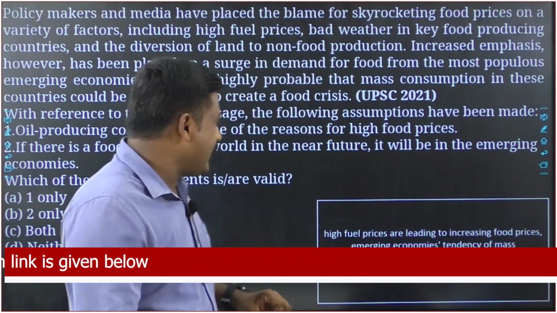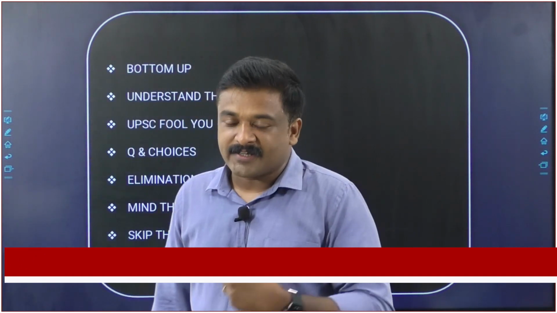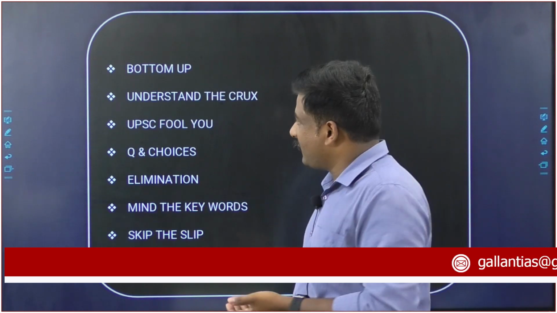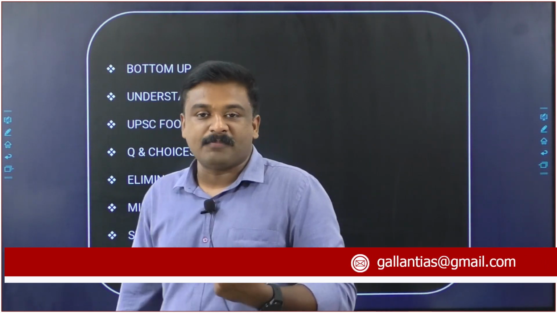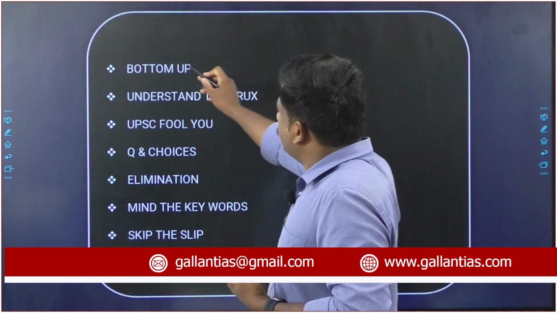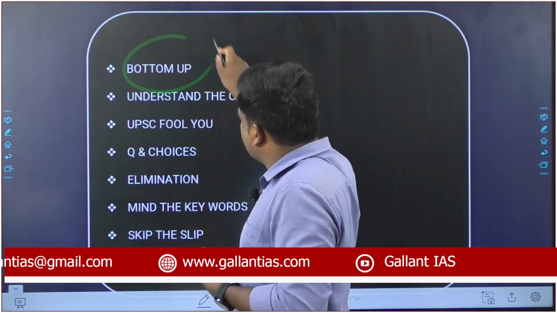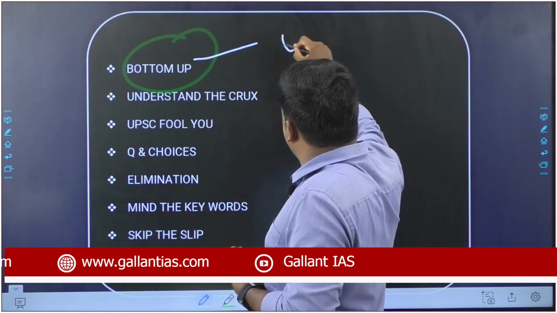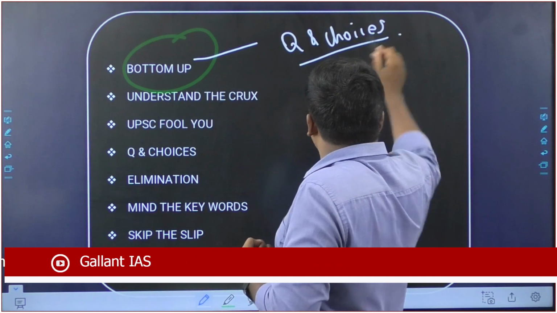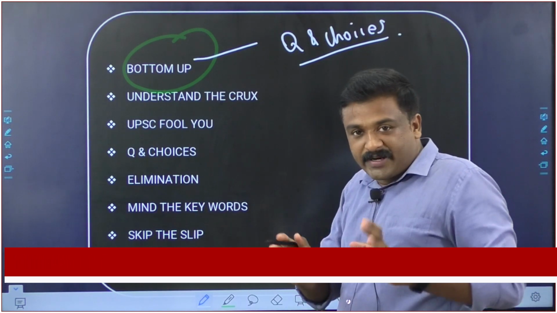Okay. Before that, let me tell you certain common rules regarding this reading comprehension or passage part. It is always nice to go for the bottom-up strategy. Bottom-up strategy is nothing but, yes, you read the questions and choices first. Questions and choices first. We know that in this reading comprehension part,